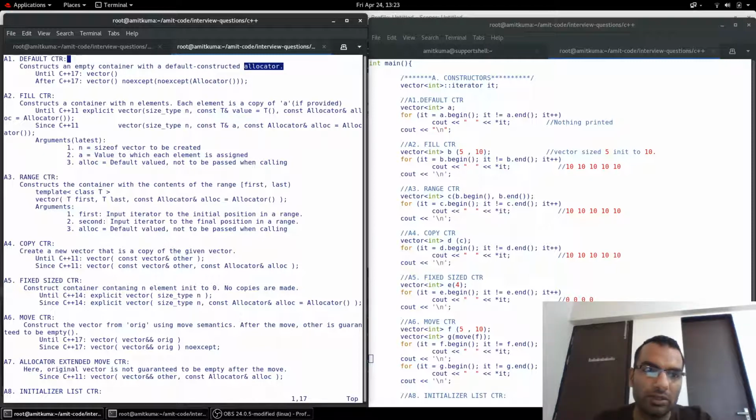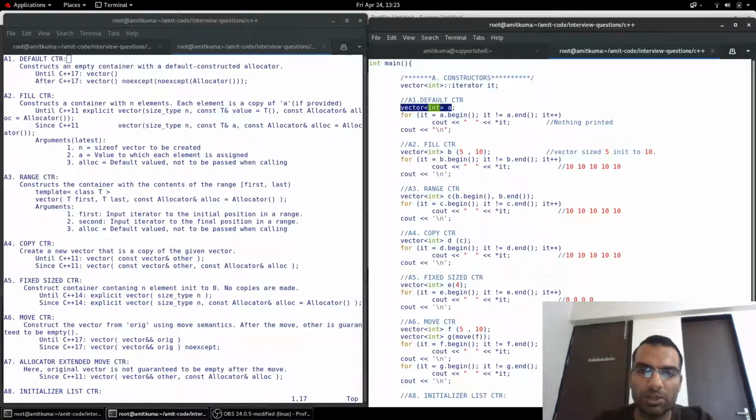Until C++ 17, the vector class just provided this vector function, but with C++ 17, the vector constructor is replaced with an allocator call itself. An allocator is a class which is used by the standard template library for dynamic allocation and deallocation of objects. So this is the default constructor.